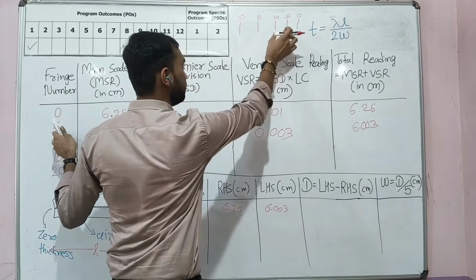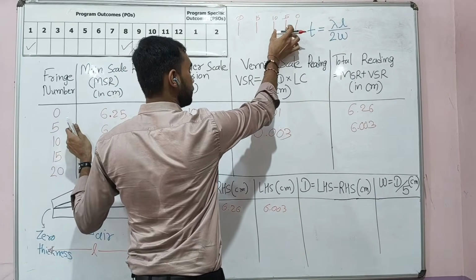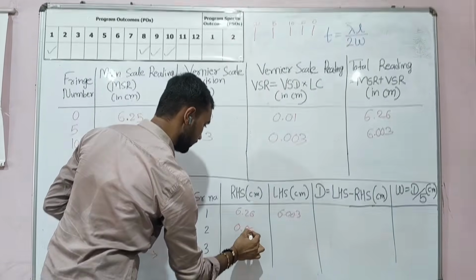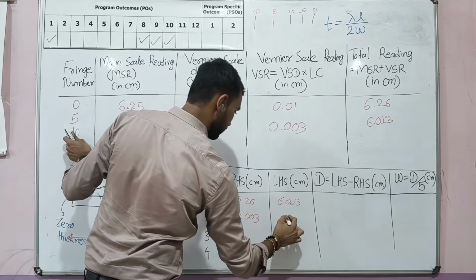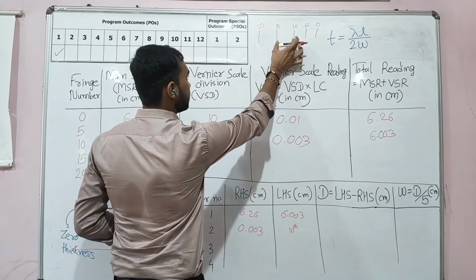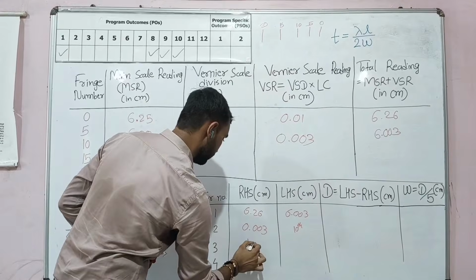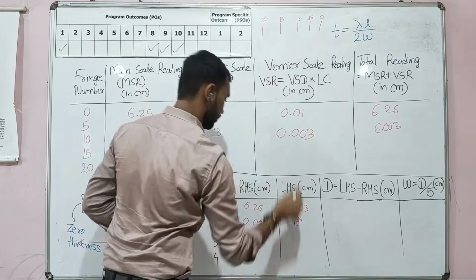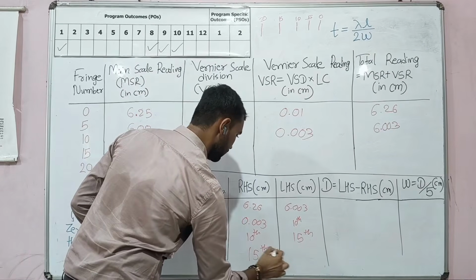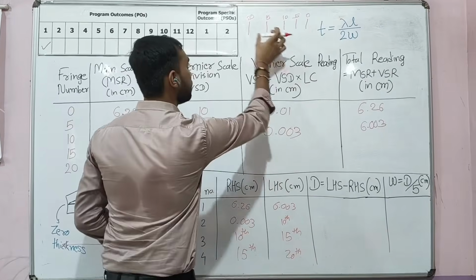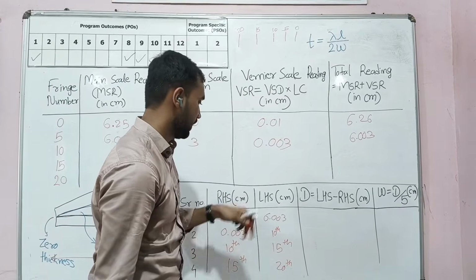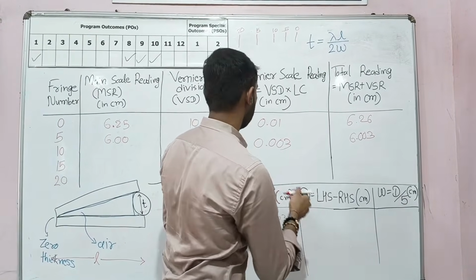6.003. Same way for the fringe width of 5 fringes. What is the left value? Position of the fifth fringe. So the position of the fifth fringe will come here, and the position of the 10th fringe. I don't know the position of the 10th fringe, so I am just writing 10. For this separation, what is the RHS value? Position of the 10th fringe. What is the LHS value? Position of the 15th fringe. Now the 15th fringe comes here and the 20th fringe will come here. For this RHS, LHS. Now if you take the subtraction of LHS minus RHS, you get,